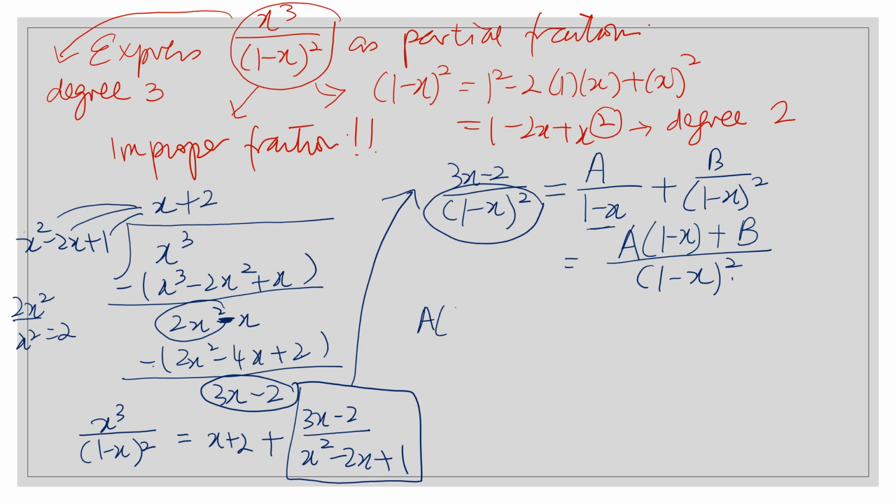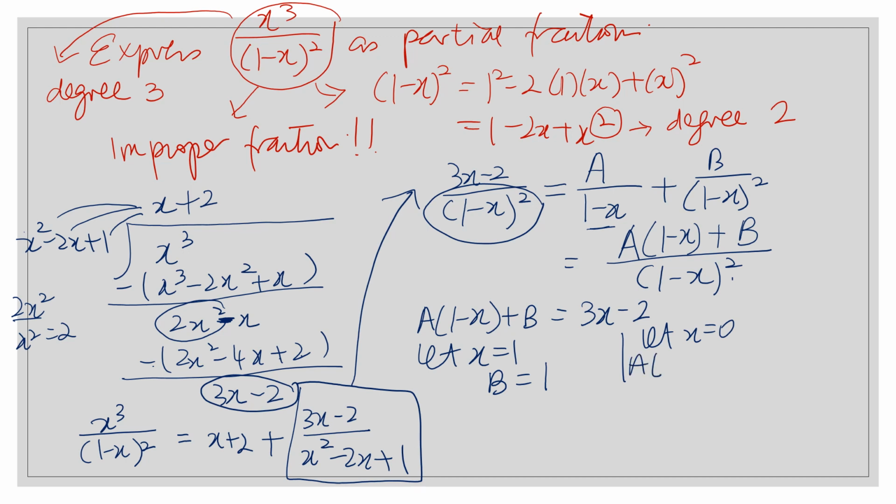Now we have the same denominator on both sides. So now let's compare the numerator. You can use substitution or compare coefficients on both sides, whichever way. I'm just going to let x equal 1 to eliminate my constant a. So I can find b straight away, which is just 3 minus 2, that gives me 1. And then I'm just going to let x be 0. Put back the value I found for b. A will be negative 3. So therefore, the partial fractions are